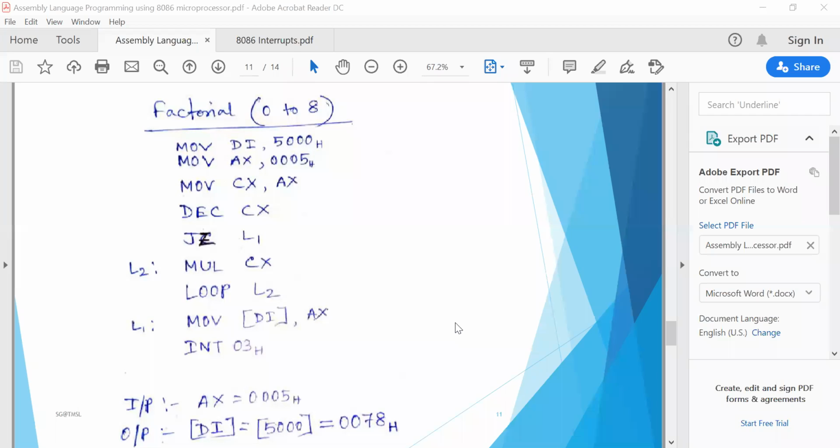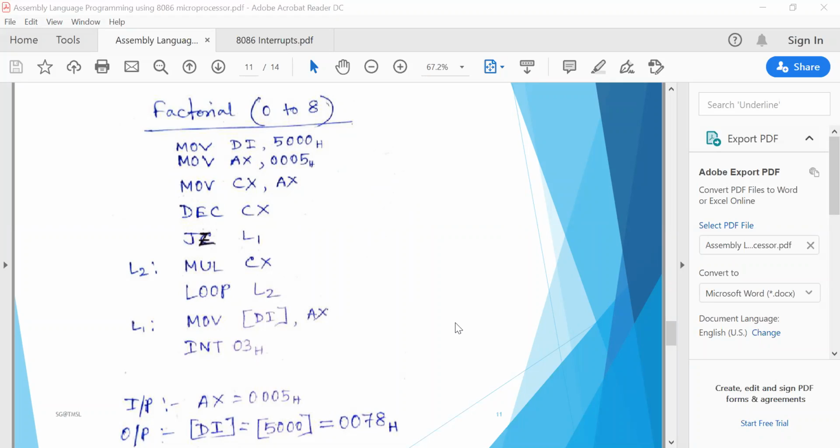How can you get 0003? If you decrement the content of CX by 1, because last time CX stored 0004. The first multiplication, 0005 into 0004, is already performed. The second multiplication must be performed by the result of the first multiplication into 0003.